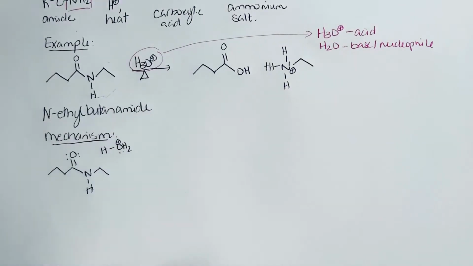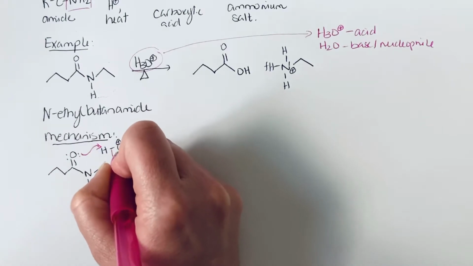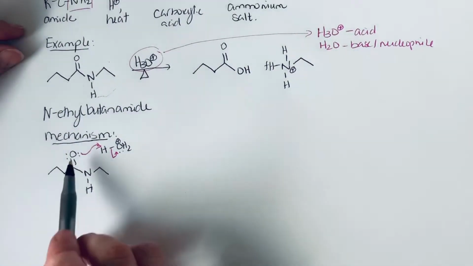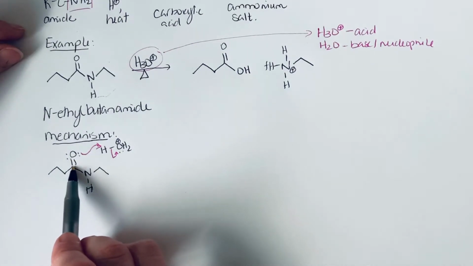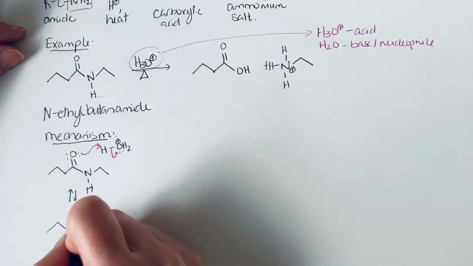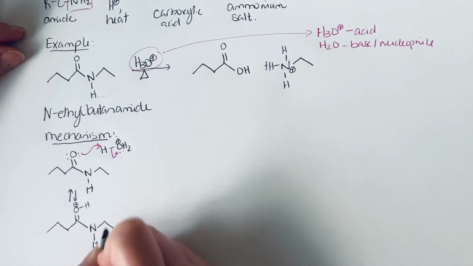So we always do this as a first step under acidic catalysis. We're protonating that oxygen, and that's going to do a couple of things. It makes this carbonyl carbon more electrophilic, right? And also having that oxygen protonated means that after you attack the carbonyl, you won't be generating a negative